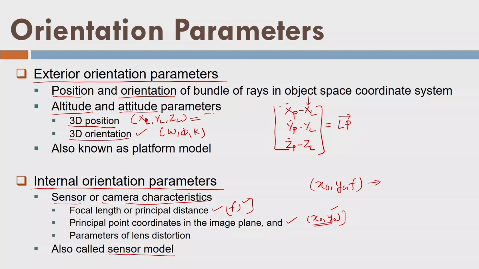On the other hand, exterior orientation parameters are going to develop a relationship between the image and the object coordinate system. So, if I have n number of images and each will have different exterior orientation parameters, and I bring each image into one coordinate system, what will happen? I will need these 6 parameters for each image, and that is why they are called exterior orientation parameters, and they are no more dependent on the camera.